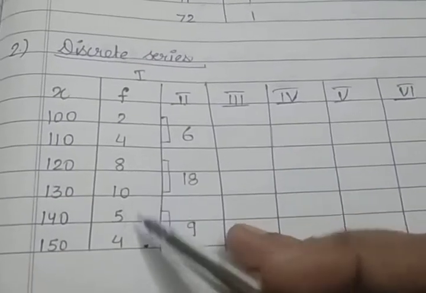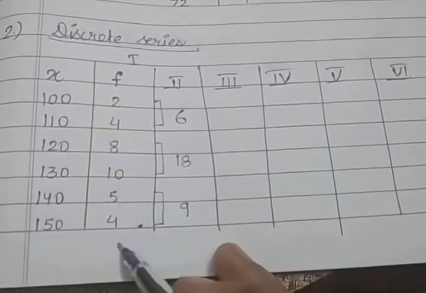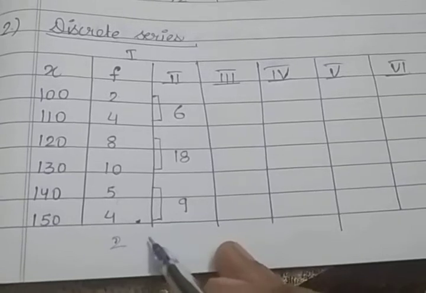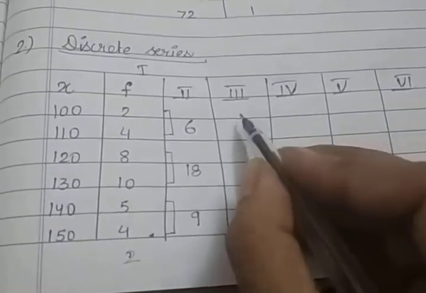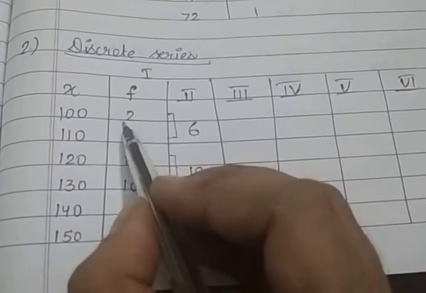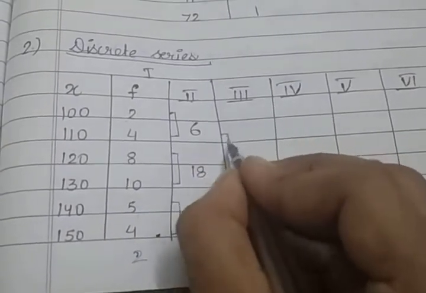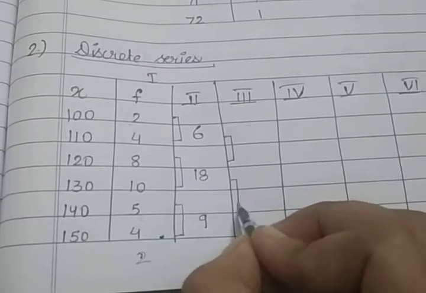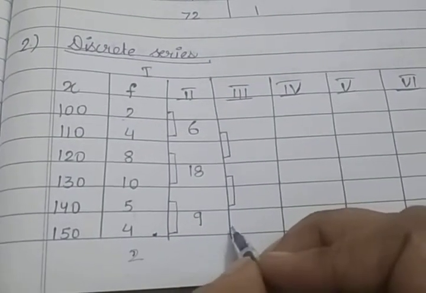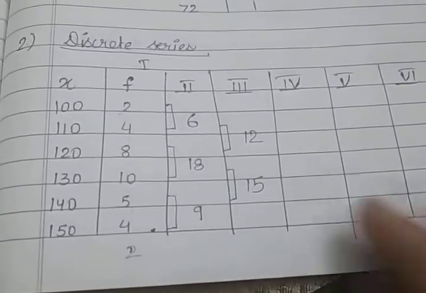In the second column you have to add the first 2, next 2, next 2, and if another number is also given, maybe 2 is given over here, so there is no other number to add with this 2, so we can leave this number. Now in the third column you have to leave the first value. Now the next 2 we have to add. Now 4, no number is there, so leave this 4. That means 4 plus 8, 12. 10 plus 5, 15. Now with 4, no number is given, so leave this number.